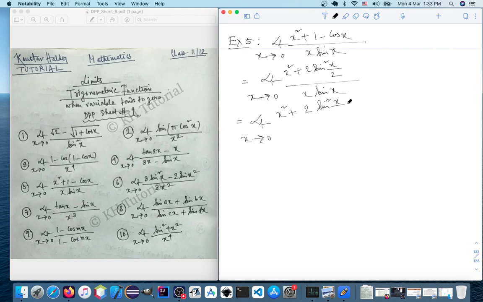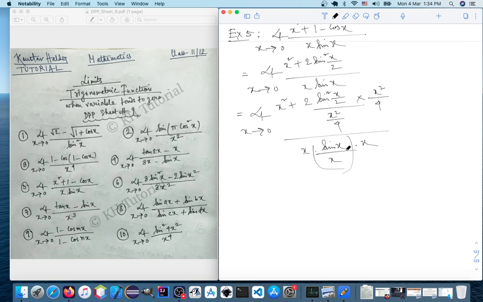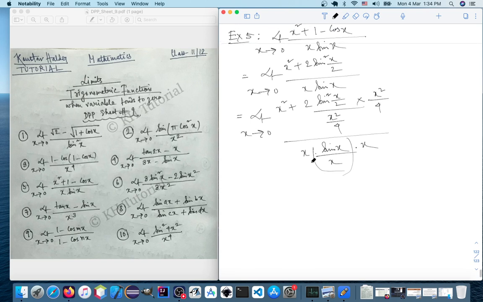I would like to divide it by x square by 4. Since I have sin square x by 2, I would like to have the square of x by 2 in the denominator to apply the sin x by x standard result, and then I have to multiply for adjustment. Over here I will do the same, sin x by x and multiply it by x. So I have added the x in the denominator and I have adjusted it by multiplying the x. Now this becomes